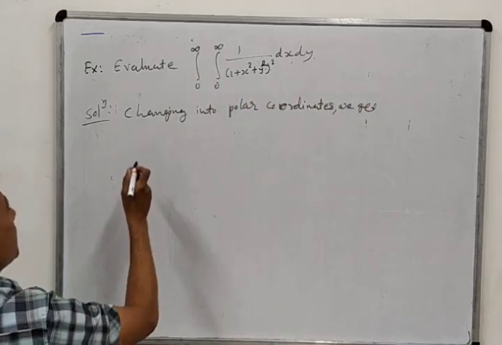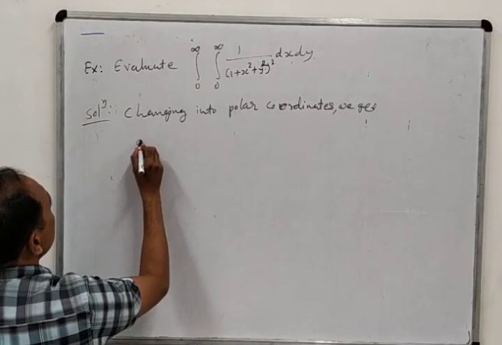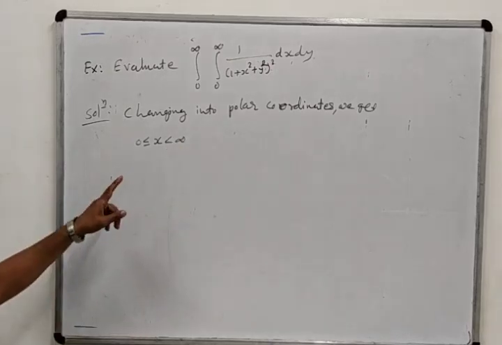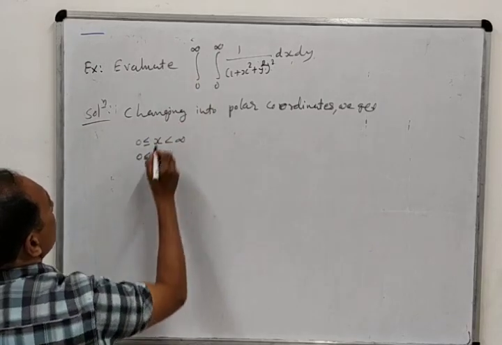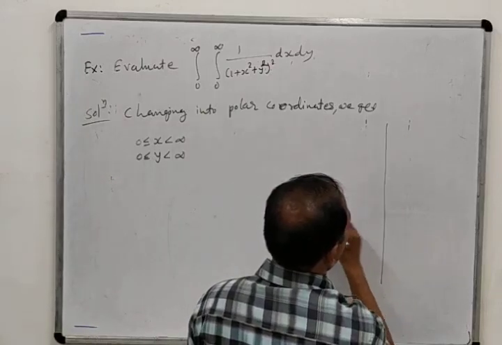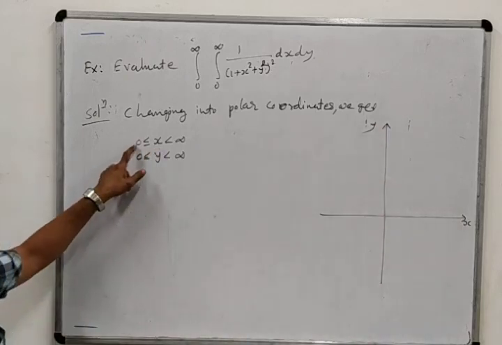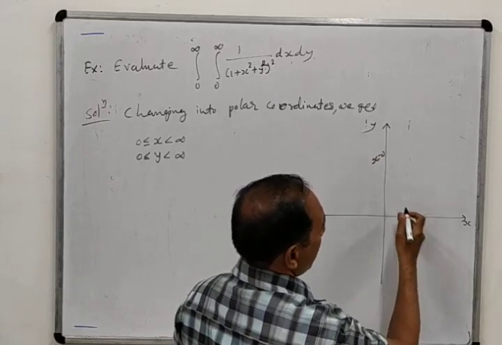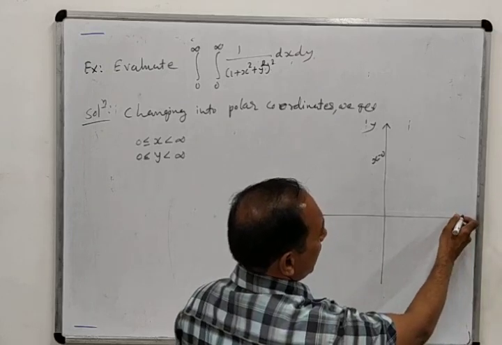What will we get? We will have to first draw the figure, and for that these are the limits of x. That means 0 less than or equal to x less than infinity. You don't write here less than or equal to infinity, here only less than, because infinity never equals anything. And these are the limits of y, so 0 less than or equal to y less than infinity. So the figure based on this is the xy plane. Here x lies between x equal to 0 and x equal to infinity. So x equal to 0 means y axis, and x equal to infinity is the line passing through the point x equal to infinity.